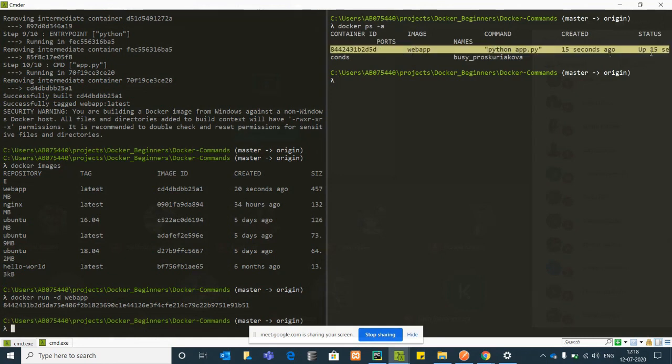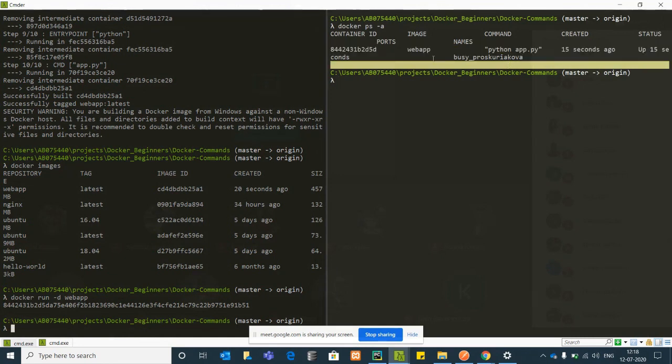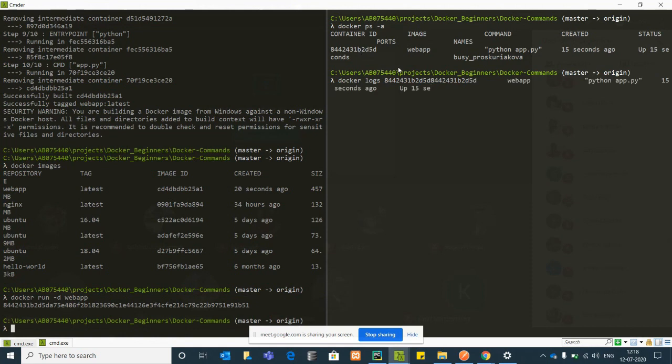Web app, 15 seconds ago. Now how to check this web app running? You can basically check the logs of the Docker container. I give the container ID.